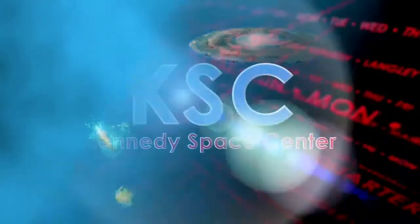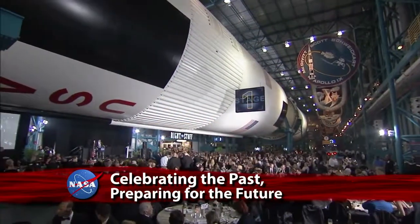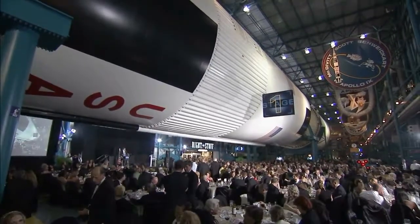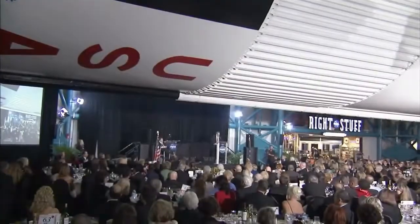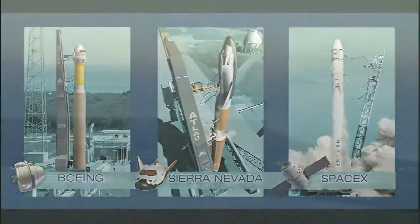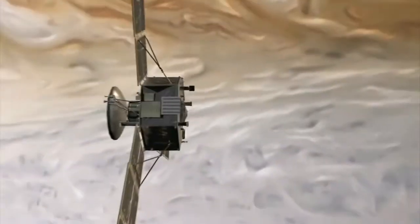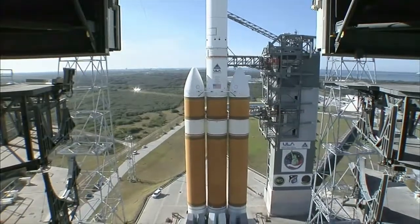Magellanic Clouds. And welcome to the Kennedy Space Center's 50th Anniversary Gala. The Kennedy Space Center and the National Space Club Florida Committee marked KSC's 50th anniversary with a gala in the Visitor Complex's Apollo Saturn V Center. With celebrating the past and preparing for the future as their theme, some 650 current and former NASA employees, dignitaries, and guests noted Kennedy's achievements of the last 5 decades while discussing the center's next chapter as a hub of